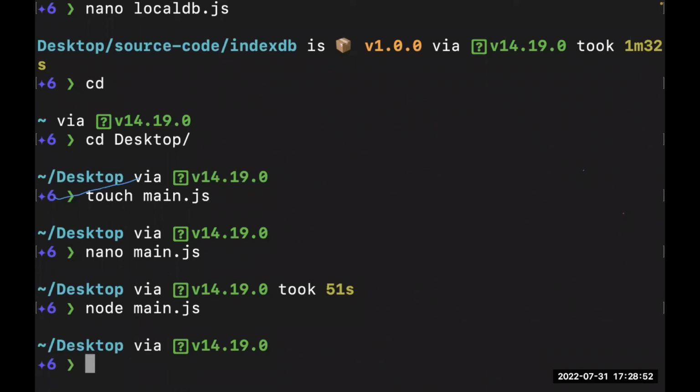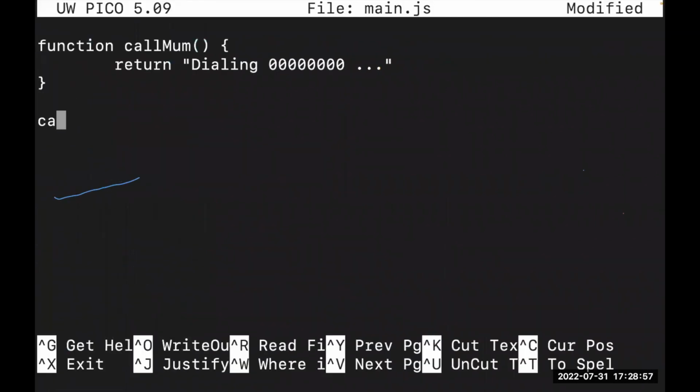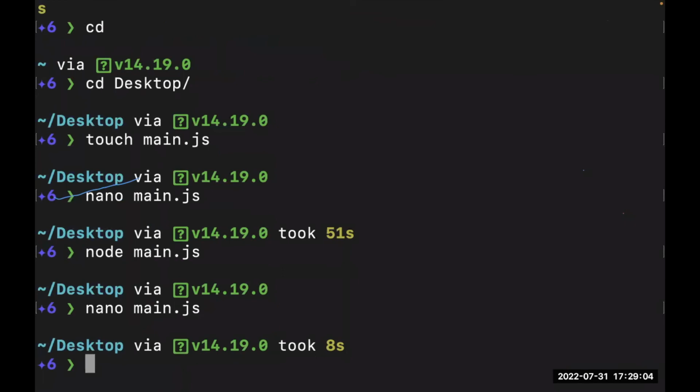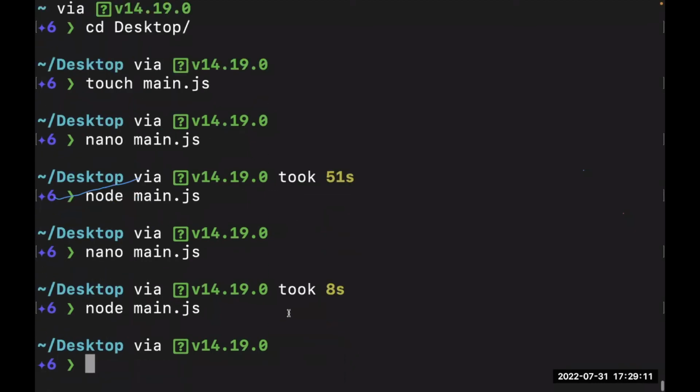Yeah, so let's go ahead and edit this again. Nano main, and in here we're going to call this, so call mom. Then we're going to save again, Control O, right? Control O, we save, and then we leave this environment using Control X. Then I'm going to quickly call this again. Okay, another mistake. So you see, that's the thing here. There's no mistake with the code, but the code is not expected to log anything, right? We did not log anything.